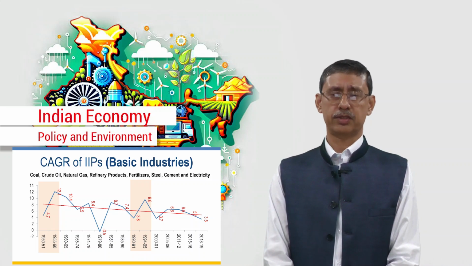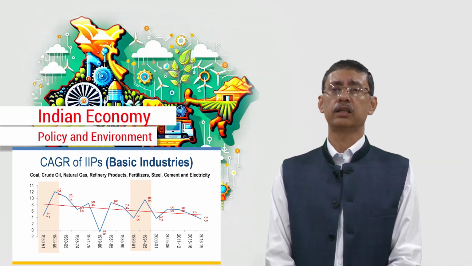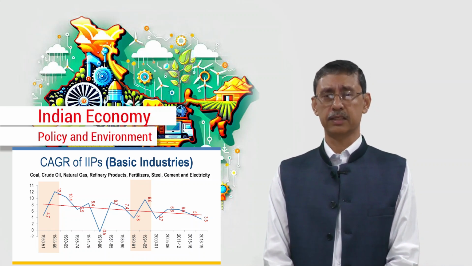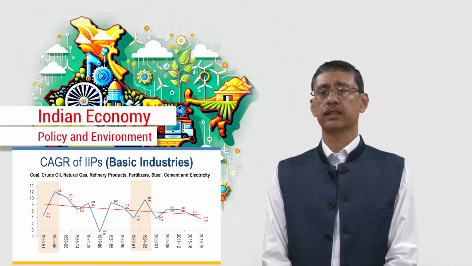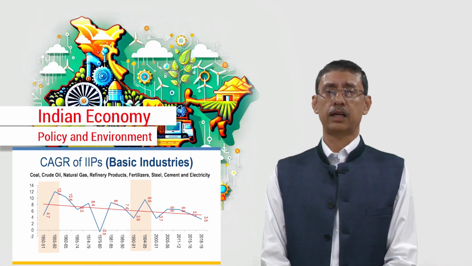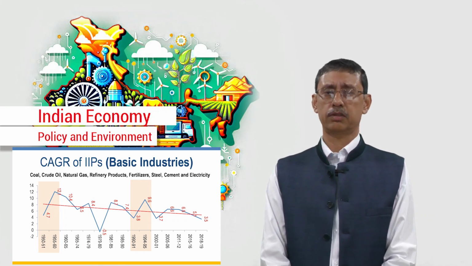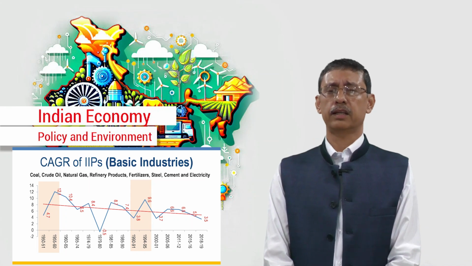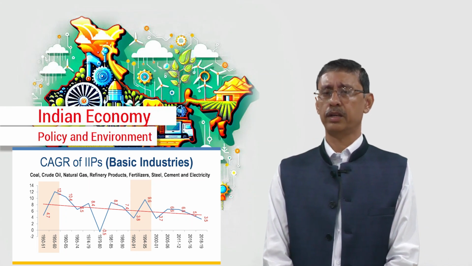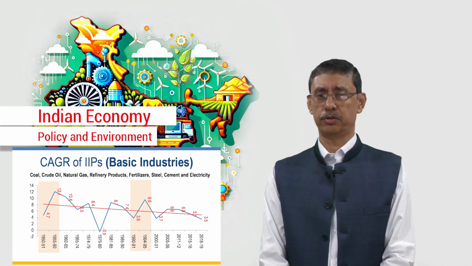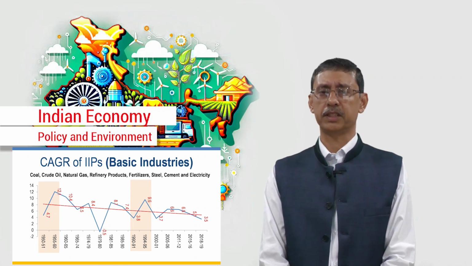The basic industries, as I have suggested, included the major PSEs, public sector undertakings and enterprises during the 50s, early 50s, and it showed growth, but gradually that was declining, and today we have around 3-4% growth rate in industrial production of the basic industries.